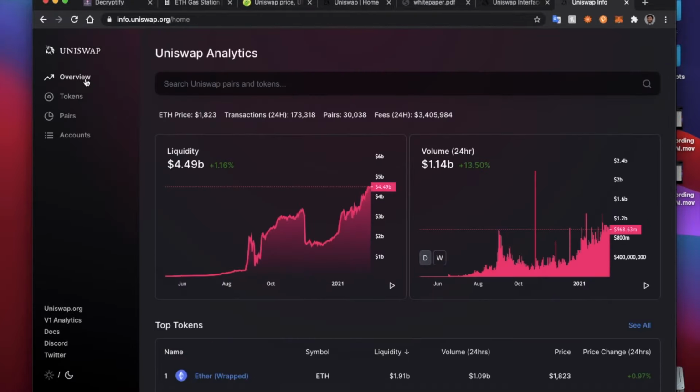Let's just go back to the overview page and we'll talk a little bit about Uniswap now. The liquidity is probably the biggest part of the platform. Without the liquidity, you cannot facilitate a trade. And you can see that this platform has not even been active with more than $20 in it for a year yet. So this is a really great time to get involved and to start learning about how liquidity works,